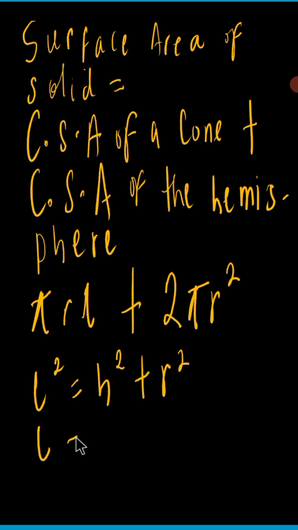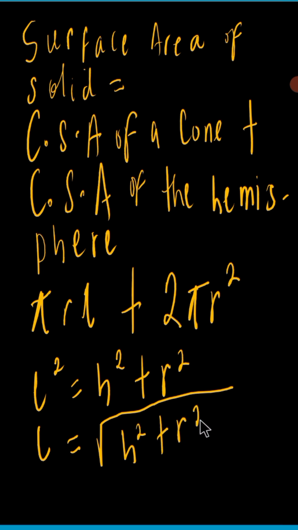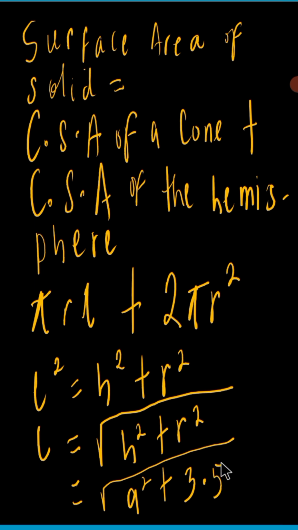So our l will be equal to the square root of h squared plus r squared. That is the slant height of the cone. And this will give us the root of, height is 9, so we have 9 squared plus radius 3.5, all squared. So when you punch your calculator, the slant height l will give us the root of 9 squared, which is 81,